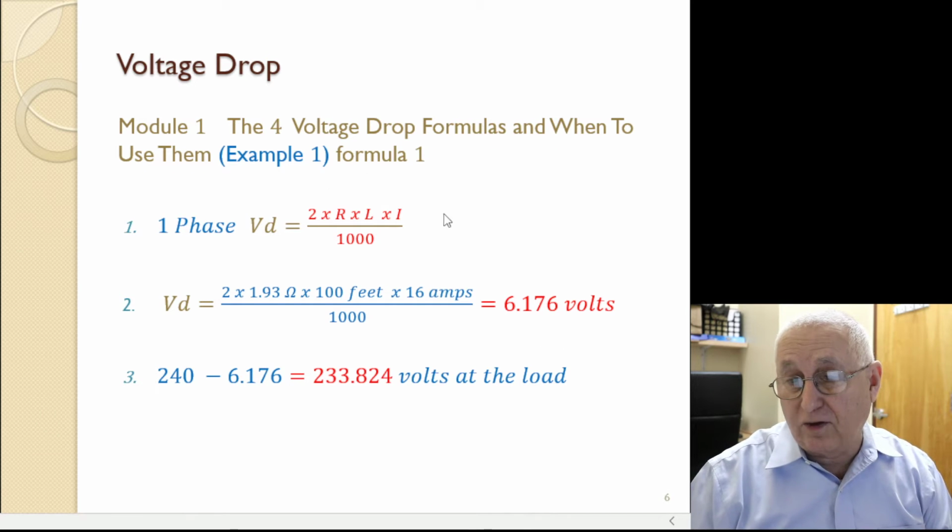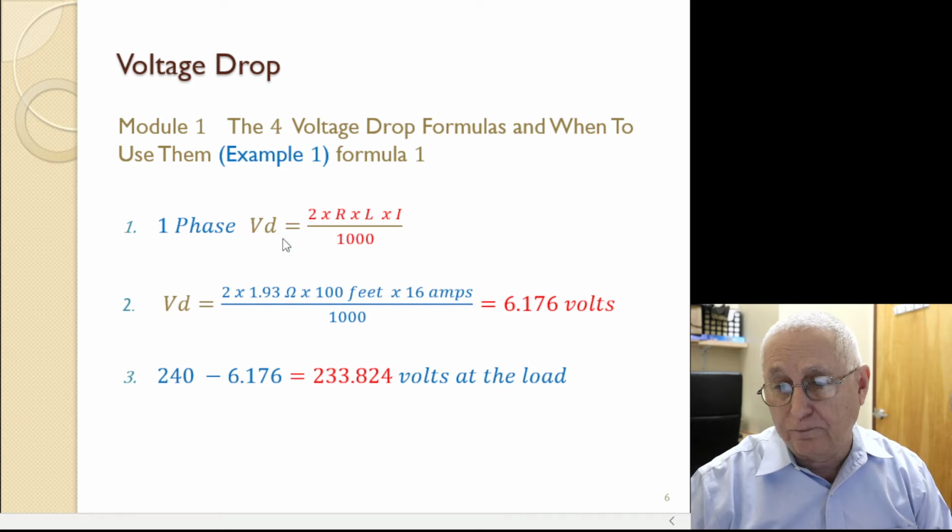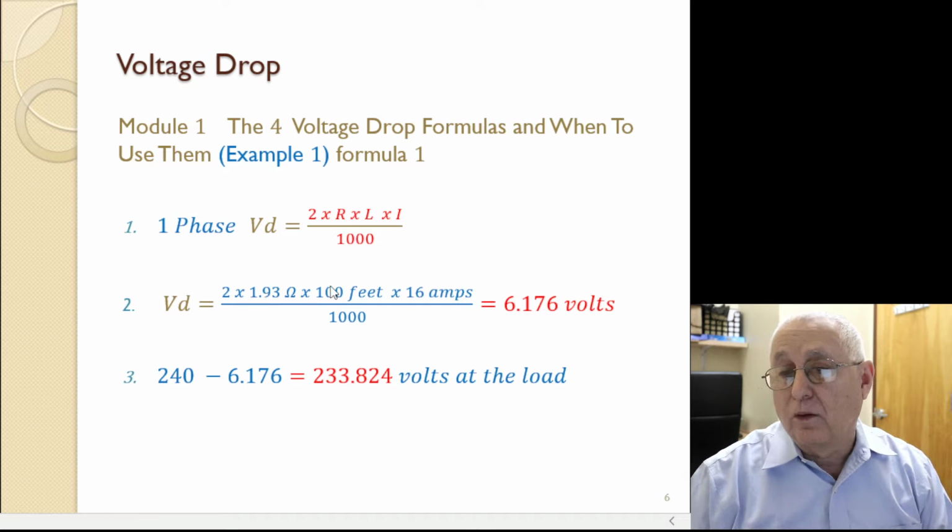So looking at this, here's our formula again, formula number 1, 2 times R from Chapter 9, Table 8, times L times I over 1,000. We're going to substitute the values that we know. 2 times 1.93, that's the table resistance for that number 12 wire, uncoated, solid. We have 100 feet times 16 amps, we get